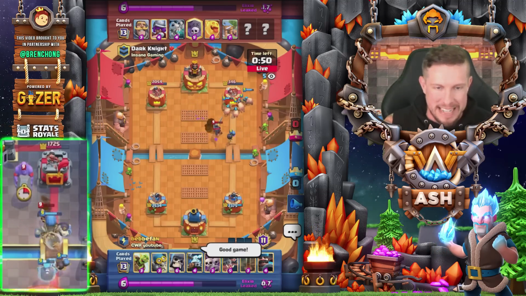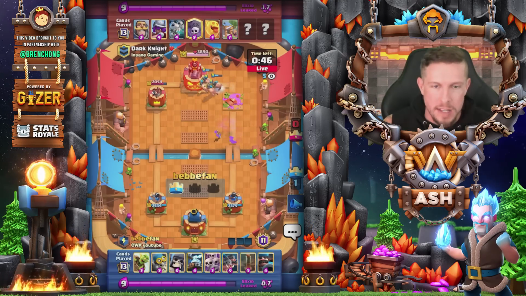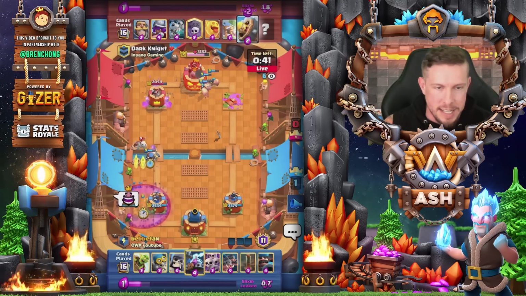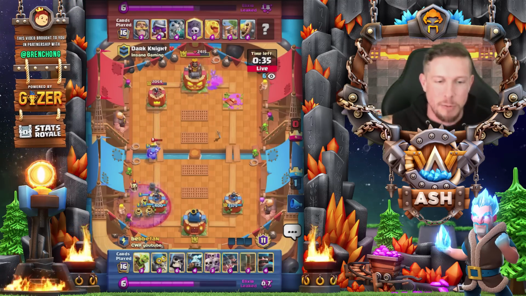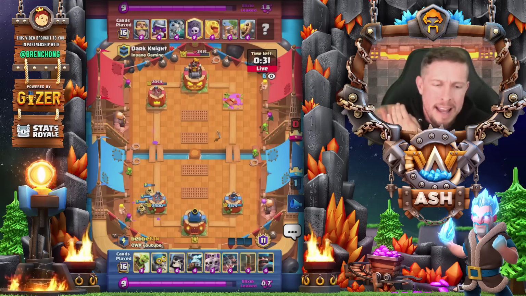And it looks like that tower is going to be down. The good game comes down already from Bebbefan, dude. This guy went flawless, 12-0. If we can hold on for 44 more seconds against this deck, with Bomber, Zappies, Giant Skeleton, whatever the heck this deck is. I swear, man, it just goes to show you that we can, in CR, get too